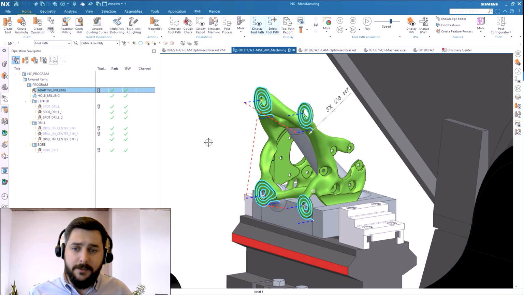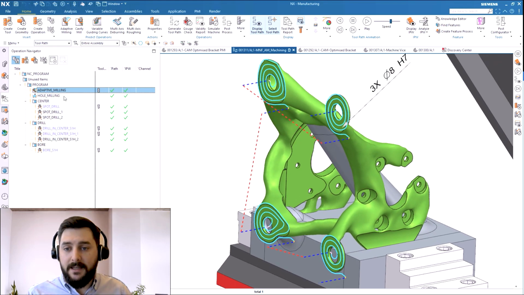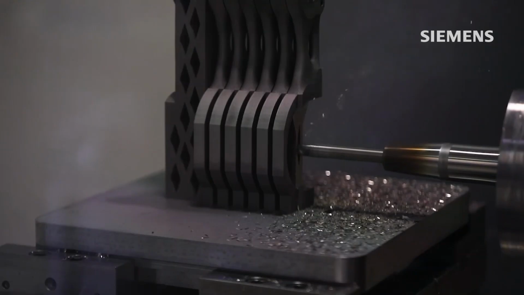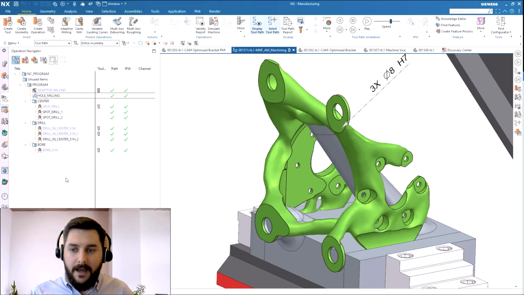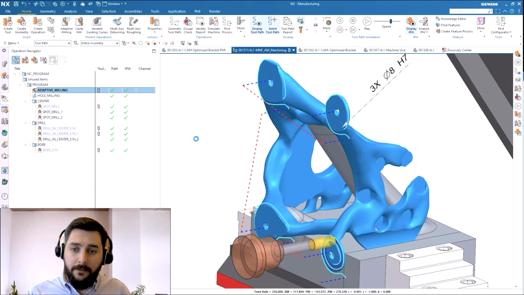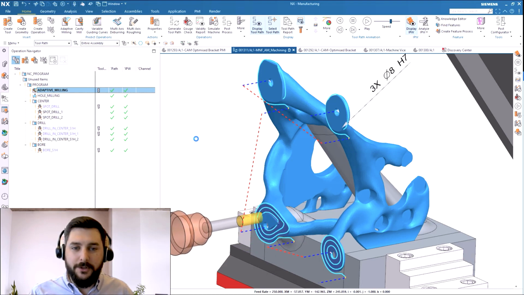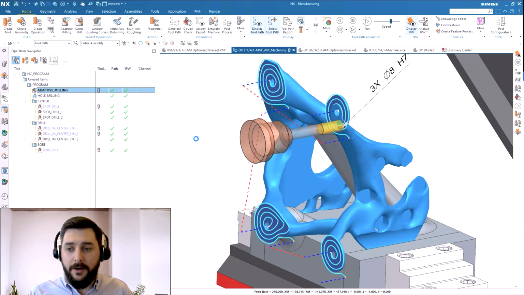Firstly, to remove the extra material from the part, I'm going to use a dynamic roughing toolpath. And secondly, a helical hole milling toolpath to open up the holes. Let's take a look at the material being removed so you can get a better understanding of how CAM toolpaths work. So with minimal input, we're able to create these really optimized machining toolpaths to remove the remainder of material from the bottom of the hole of the additive component.